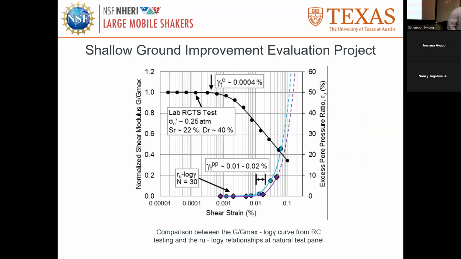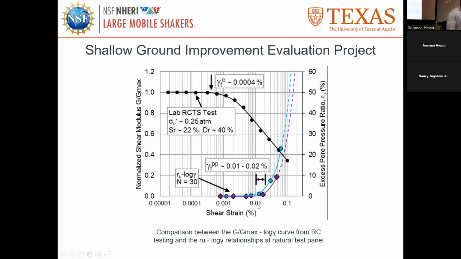So these are the nonlinear measurements we have measured. This nonlinear G over Gmax curve we measured from the lab. I will show you why. This curve is from the reconstituted sample. Why? It's hard to sample sandy soil, liquefiable soils below the water table. Well, it will be hard. Somebody can do it, but I didn't get it. So we did the RCS testing to measure the